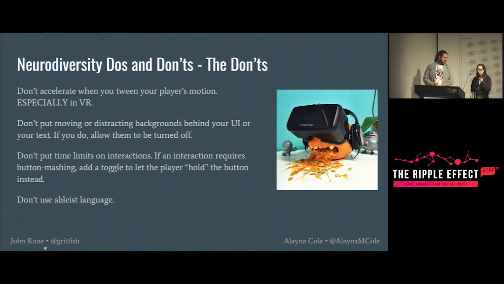Was the question about what tweening is? Do you want to explain what tweening is? There was a question. Right. So tweening is where you use program code to manage animation from one point in space to the other. So if you want your player here, you just slide them along there. A linear tween is that with no acceleration. It's a constant kind of mechanic movement. Tweening with acceleration is like accelerating as you go. Accelerating in VR is bad.